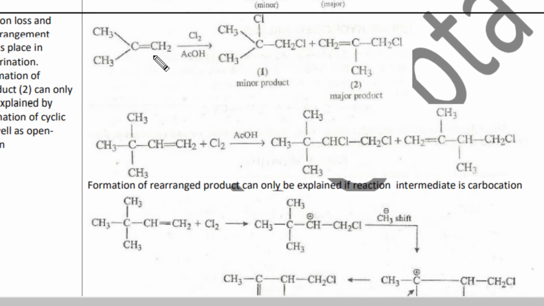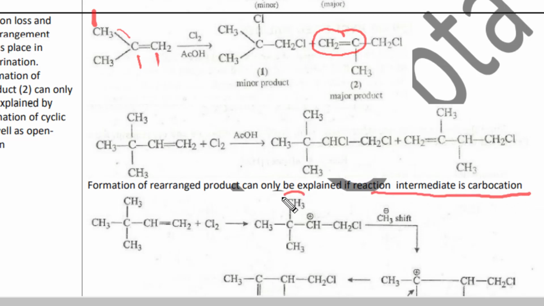In this example, what we are seeing is that besides Cl Cl getting attached to these two carbons, we are also seeing Cl acting as if it is a base and abstracting a proton, eventually making a double bond over here. So this is what we are seeing. So what is happening is like this. So Cl2 coming, carbocation formation is taking place.